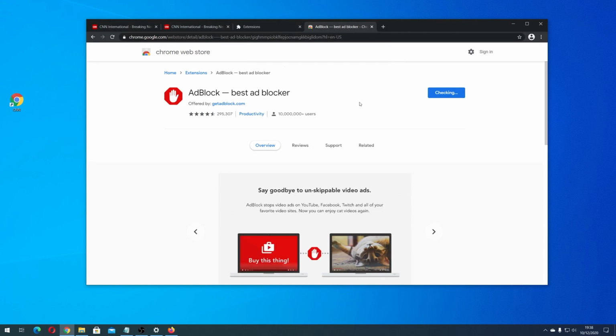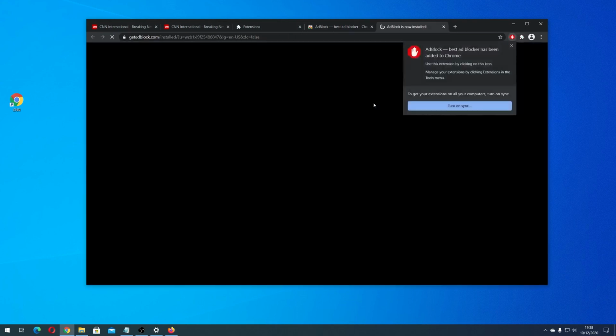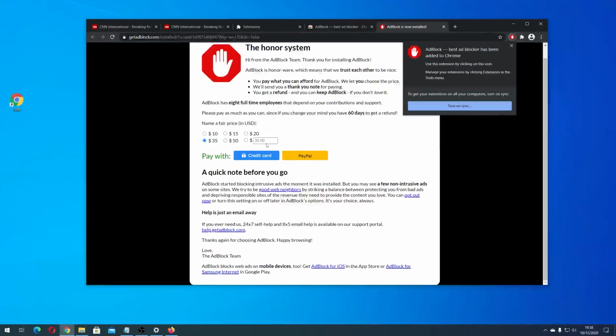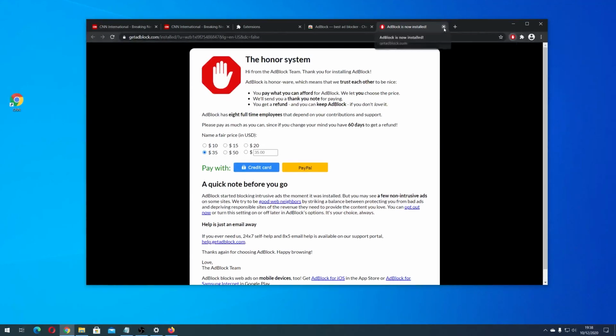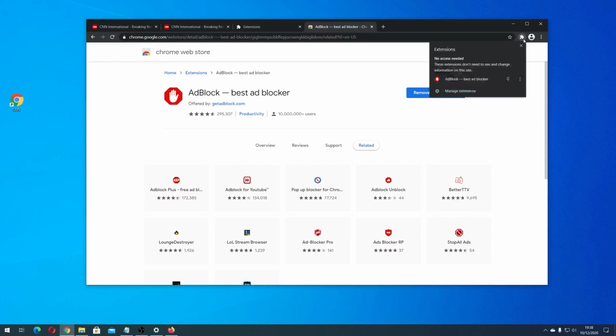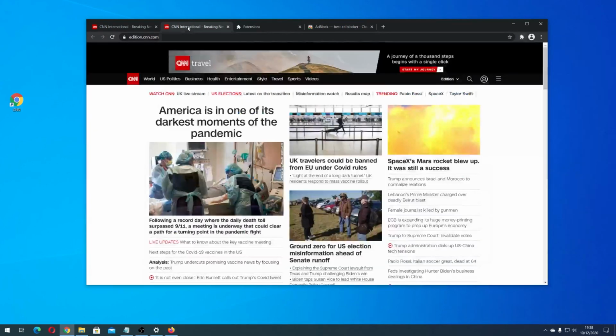You need to approve that pop-up and it will automatically install, and in a few seconds it's ready to block the ads. You can do the refund or just close that tab. Now you will find the icon of a puzzle, which means extensions, and here you will see the ad blocker is installed. So let's go back into any website,